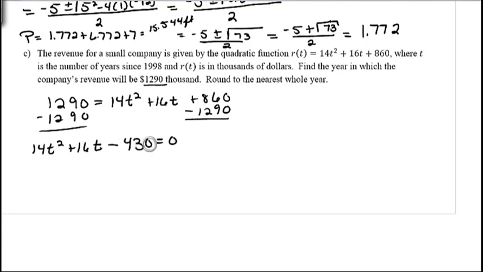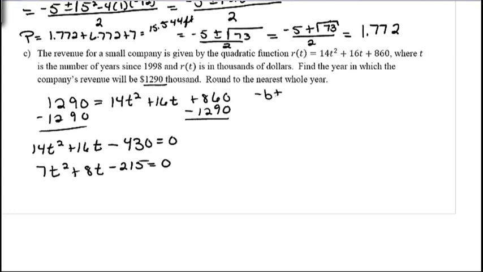So we have 14 and 16. We could make our numbers a little bit smaller by dividing all of them by 2. That would be 7t squared plus 8t minus 215. And 0 divided by 2 is 0. So that's just like what we did before. You don't need to do that. You'll just have bigger numbers if you don't. So